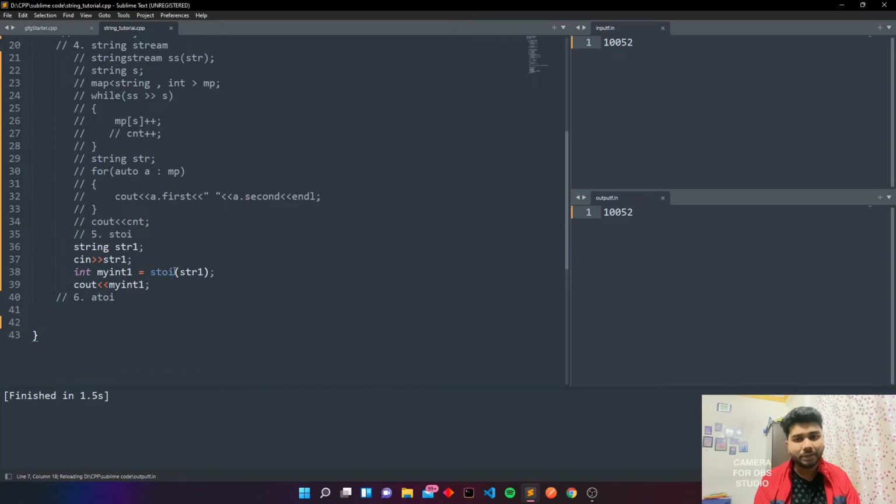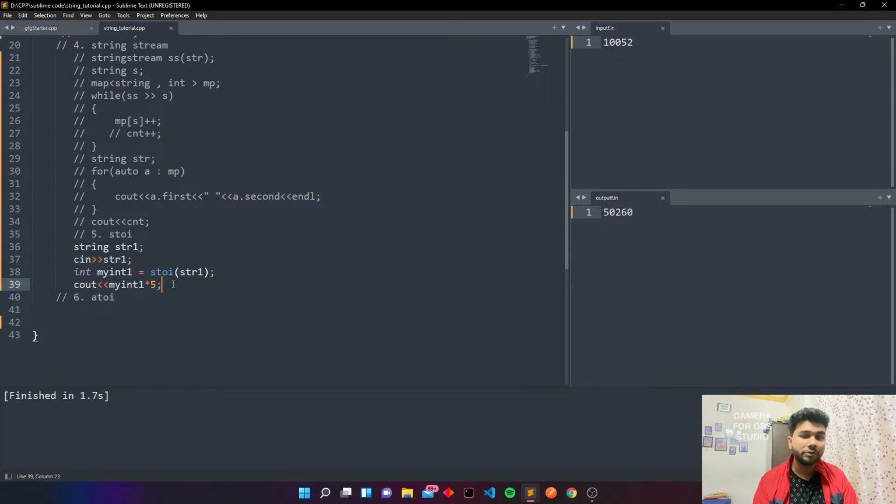So here stoi is just an STL function in C++, and here you may see that the string is converted into an integer. You may do this like cout str into 5, and you can see it will work now, okay. So this is the way to convert a string into an integer.